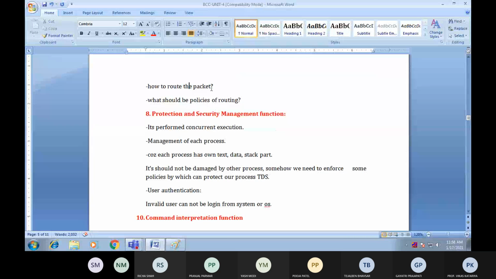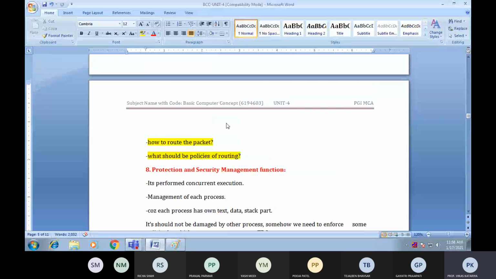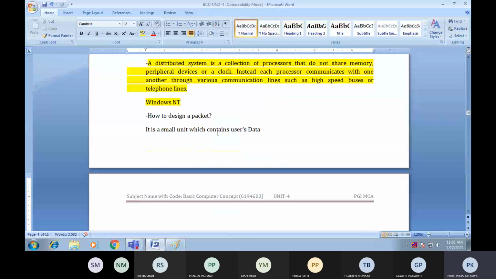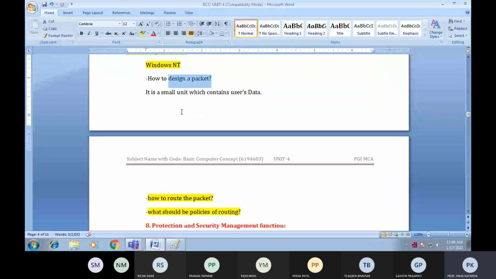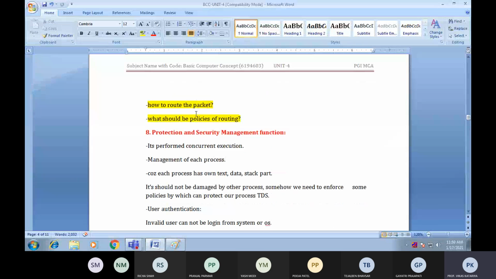व्हाट शुड बी द पॉलिसीज ऑफ राउटिंग, किस पॉलिसी के अकॉर्डिंग वो राउट करेगा। तो ये सब ऑपरेटिंग सिस्टम के ही फंक्शन होते हैं कि नेटवर्क के बीच में कंप्यूटर के आपस में किस तरह से डेटा को ट्रांसफर करना है पैकेट के फॉर्म में, पैकेट कैसे डिज़ाइन होगा, पैकेट की साइज़ क्या होगी, फ्रेम कैसे डिज़ाइन होगी, कितनी फ्रेम डिज़ाइन होगी, उन फ्रेम का नंबर क्या होगा, उसके हेडर में क्या होगा, उसके ट्रेलर में क्या होगा, और अगर कोई एरर आती है तो उस फ्रेम के अंदर किस तरह से उस एरर को रिजॉल्व करना है, ये सब टर्मिनोलॉजी नेटवर्क मैनेजमेंट ऑपरेटिंग सिस्टम के अंदर आती है।